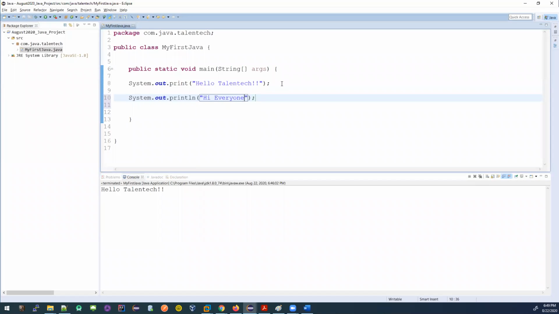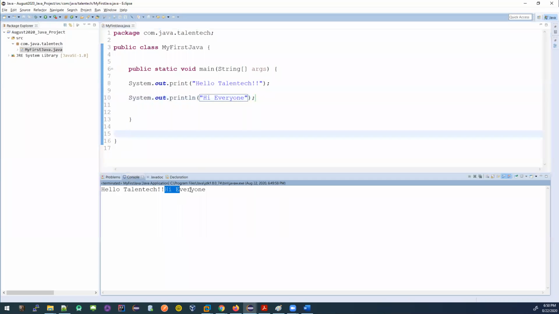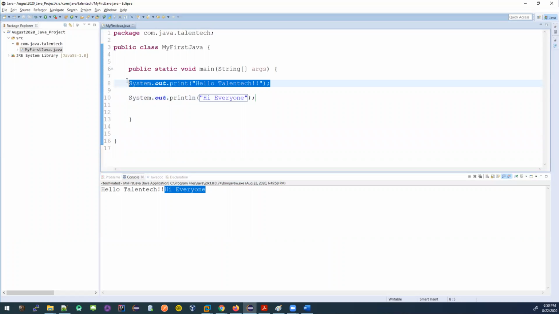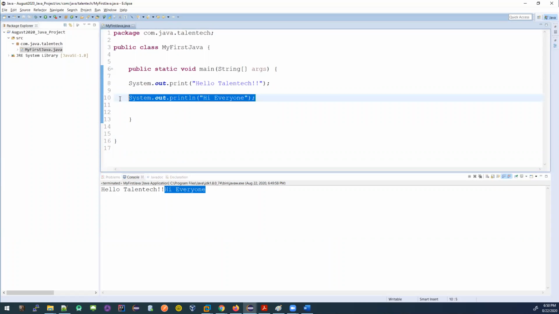If I print it out, saving it, and then I am executing these things. So see what's happening. This line printed and this line gets printed next to this line. Correct? It's not like that. This is one statement, one line. This is number 8, right? And this is another statement in number 10. It's not automatically putting this line after this line. That means this string is also displaying along with this string.